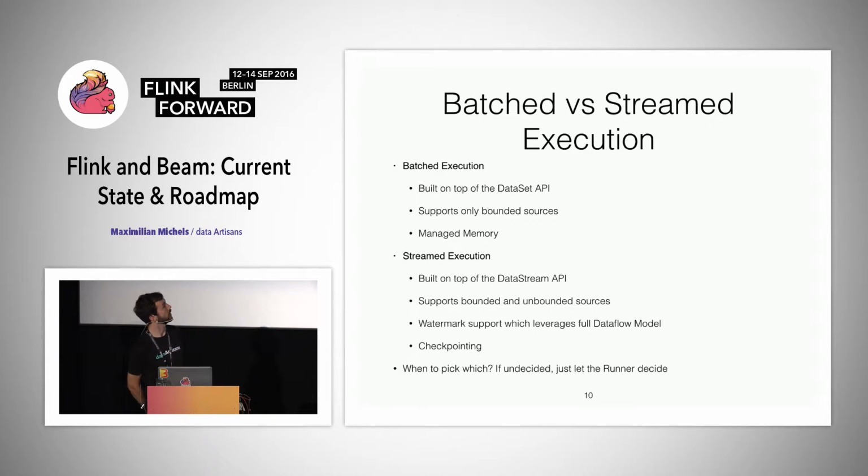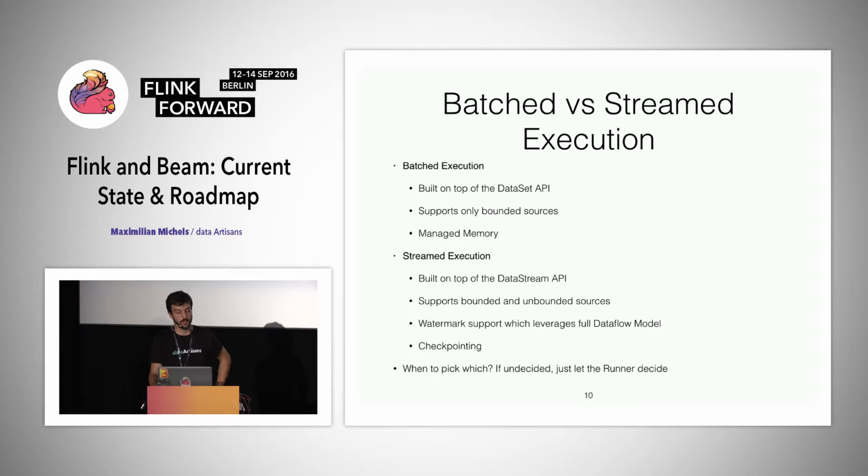The result should be the same, but you have some limitations with the batch runner because you can only execute bounded sources. But you get, we will see that later, some additional benefits when you use the Flink Runner, like managed memory, where you can perform sorting and joining in Flink's managed memory, so that gives you a more robust